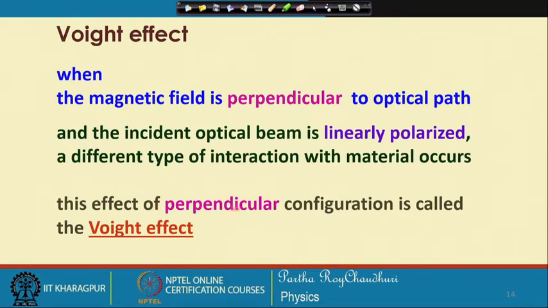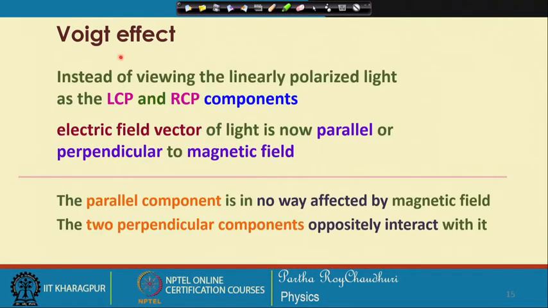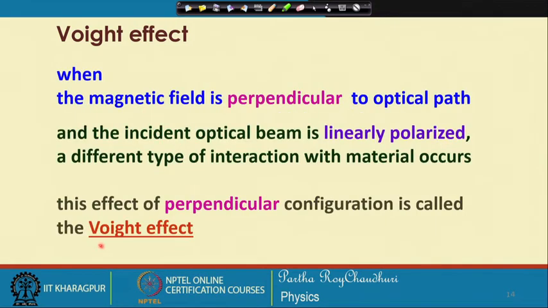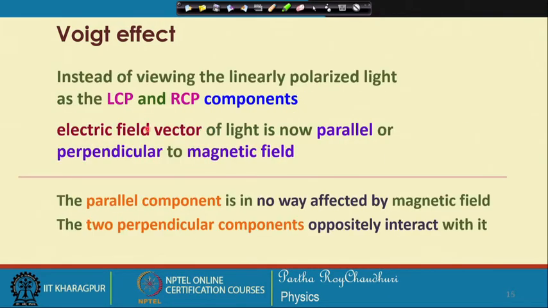This effect of perpendicular configuration is known as the Voigt effect. For this mechanism we will look at it in a slightly different way. Instead of looking at the decomposition of a linear or plane polarized light into the left circularly polarized and right circularly polarized components, we will see that the electric field of the light is now either parallel or perpendicular to the